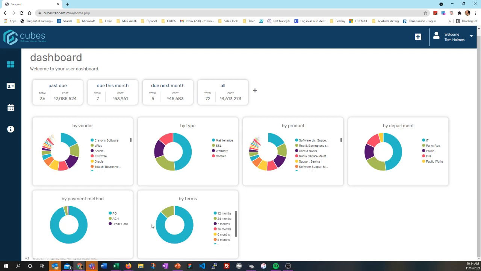And then below we have payment methods and terms. What is your most common length of term that you enter into a vendor with? 12 months in this demo seems to be the big one here. But it's going to automatically categorize these so you can see exactly where you are and where your licenses stand